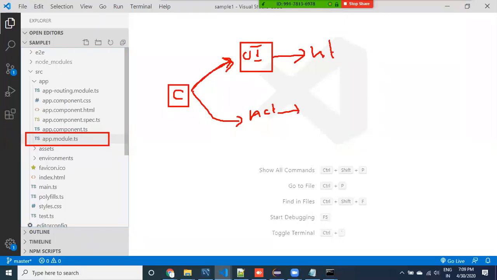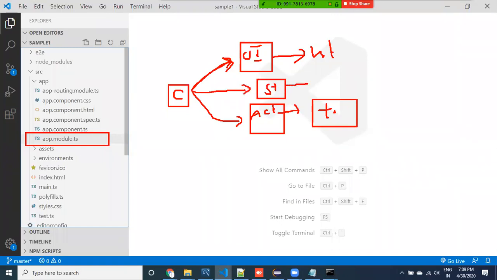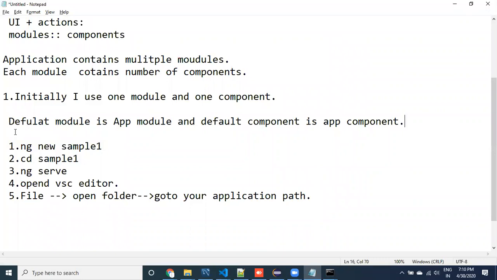For actions, one TypeScript file is there, to write our actions. And for styles, one CSS file is available. Of course, one or more CSS files can be available. See here, guys, that's why a component is a combination of... now I want to write it down here.